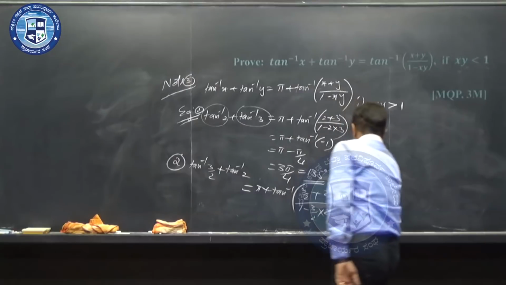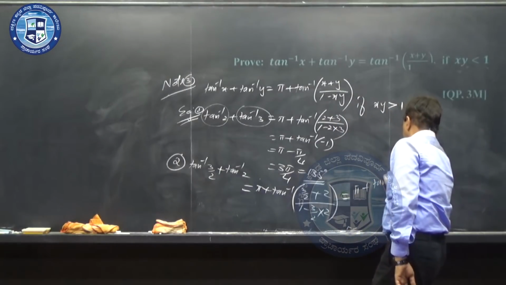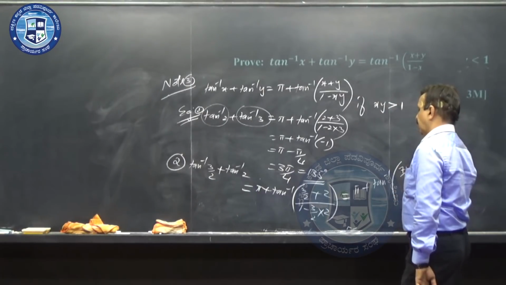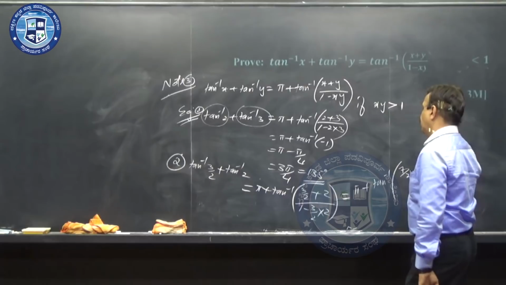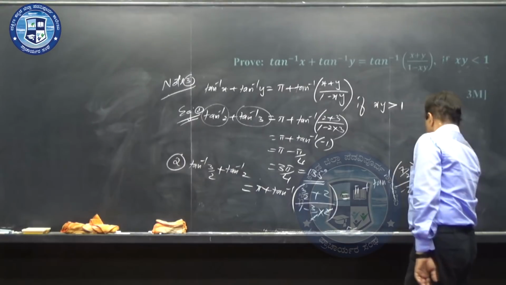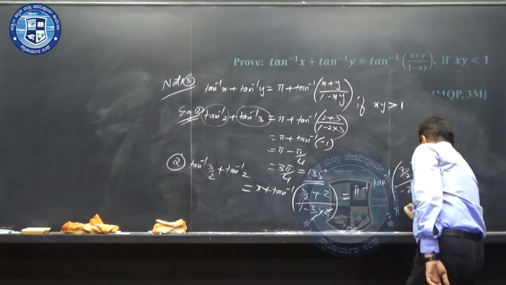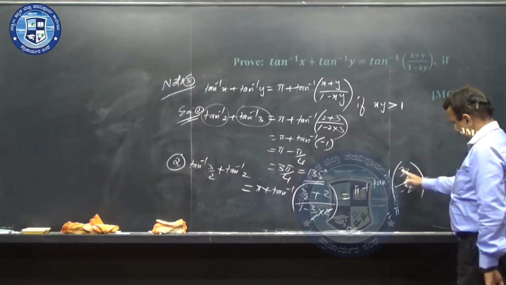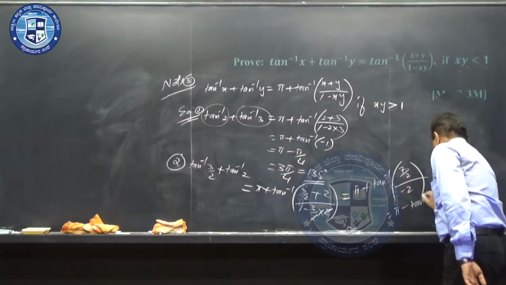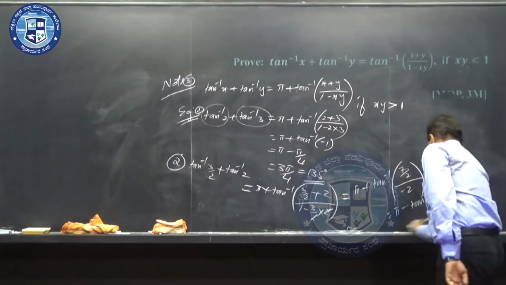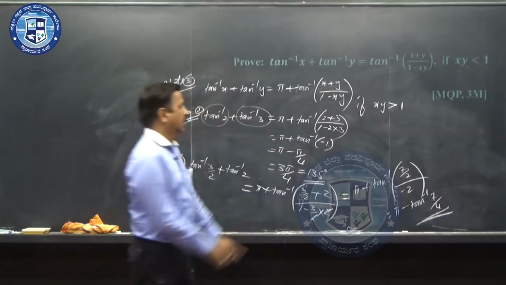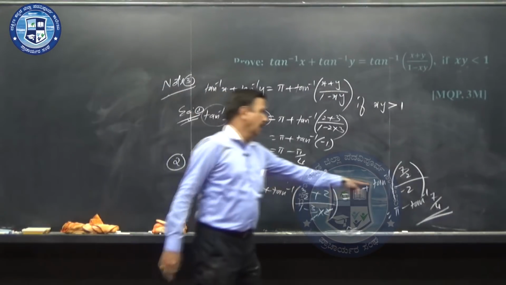So, that is equal to pi plus tan inverse of, so this will be 3 plus, this is 7 by 2, correct, 2 is the common denominator, 4 plus... 7 by 2, divided by... 2 cancels, this will be minus 2. So, that is equal to pi, and how much is that? Say this is 7 by 2 divided by 2, minus 7 by 4, pi minus tan inverse of 7 by 4 is the answer. Tan inverse of minus 7 by 4, that is minus tan inverse 7 by 4, that is the answer. It is a second quadrant angle.